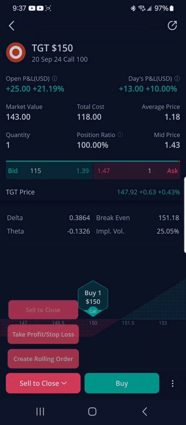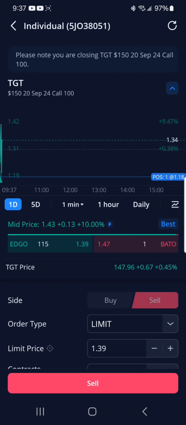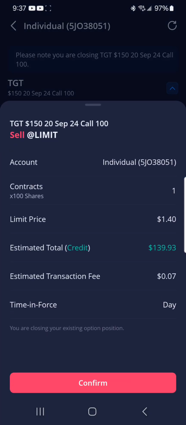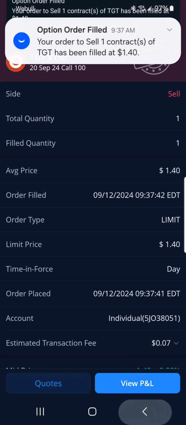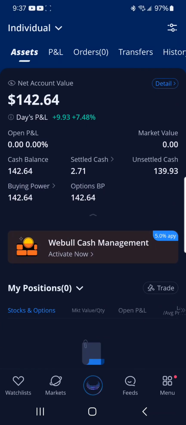So I'm just going to go ahead and pull it. There's no point to even sit in this any longer. I'm just going to make a judgment call and pull. So let's see what I can get. Mid price is 140, so I can get out for 140. Let me try to get out for 140. Boom, filled. Okay, cool. So I just went ahead and took like 20% on the contract, $25 on the contract,